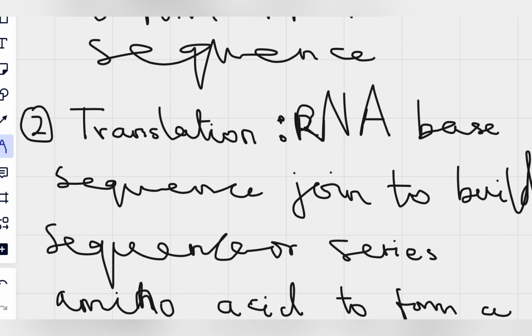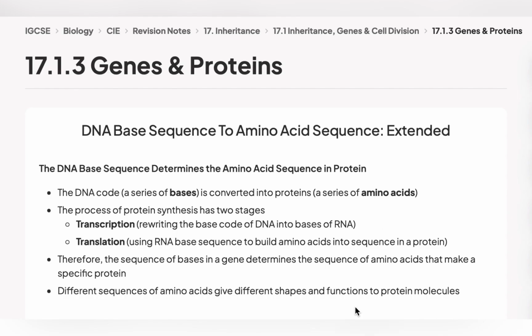Okay, this is translation. Translation is now when the RNA base sequence builds what we call the sequence of protein. So that's translation. These two processes are very vital for moving forward. Now we say the sequence of bases in a gene determines the sequence of amino acids that makes a